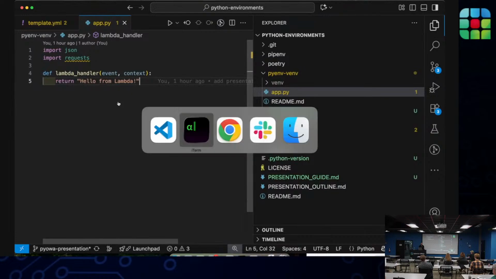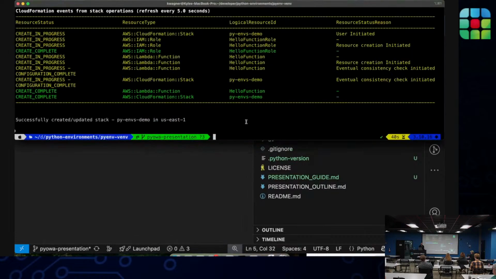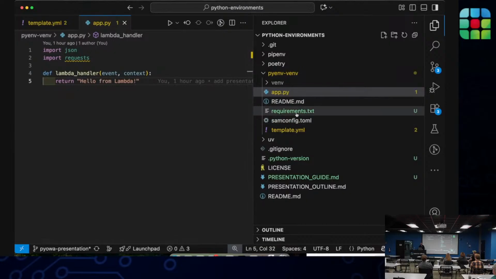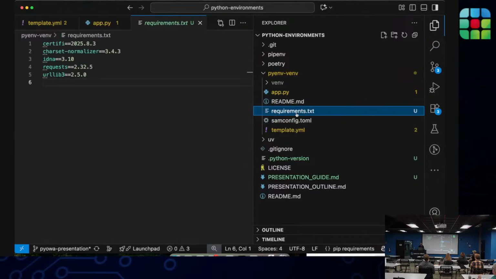So the CLI tool I was using, SAM, when I ran SAM deploy, has the ability to package other dependencies into your Lambda function. And it so happens that SAM will by default refer to a file named requirements.txt.